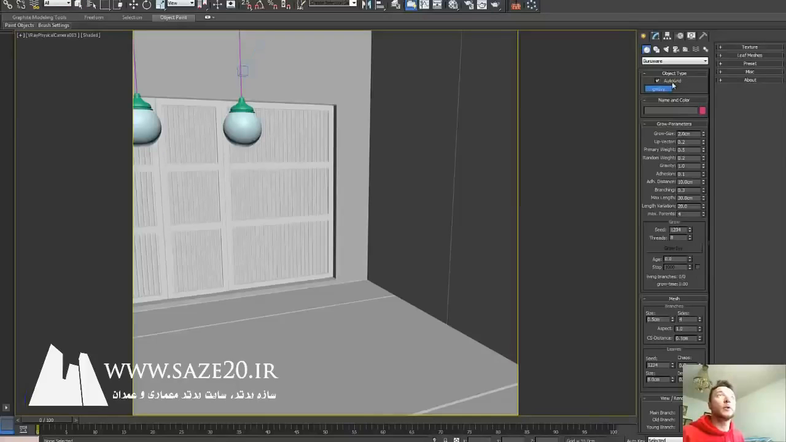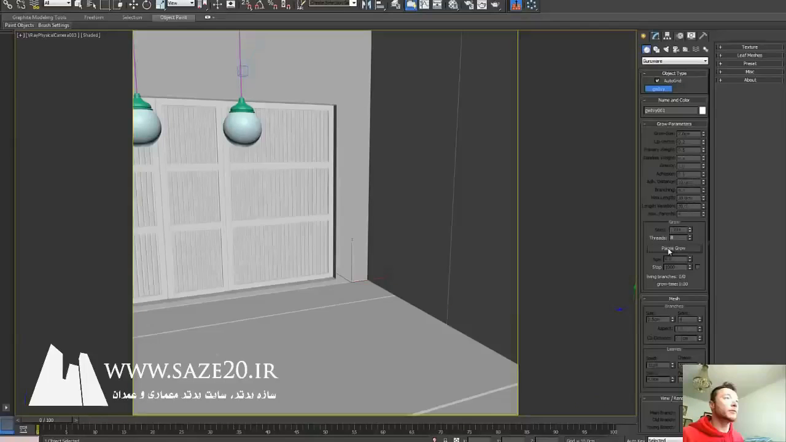You need to turn on the grid, and as you see here, I can place it anywhere in my scene. So just make sure your Z axis is pointing up, and you go and place it. If you click Grow Ivy, you can start growing it. You see here it starts to grow,